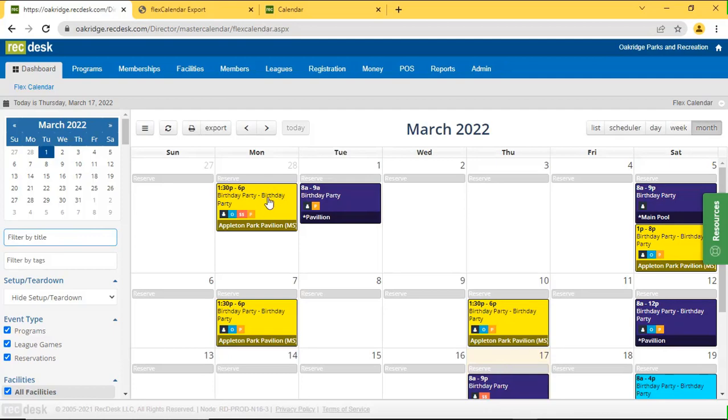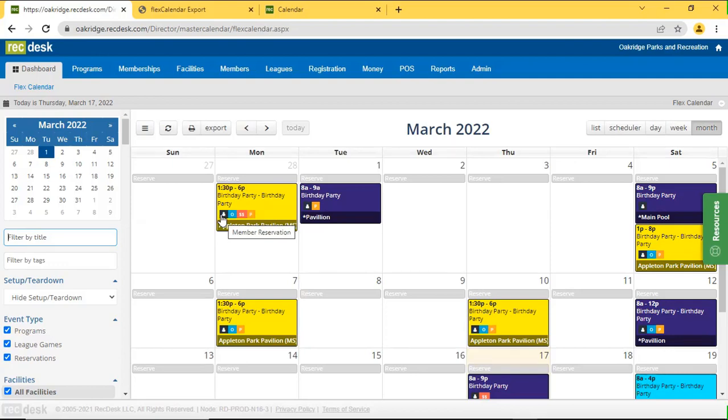Now I am going to pause here though, while I'm lucky enough to have a reservation with all of our icons on it. Some of you have started to ask us what these little pictures are that we post. I'm just going to go from left to right so that you can understand this. It does tell you if you hover over almost every icon we have in RecDesk. If you just hover your mouse over it, we try to tell you what that icon means or the meaning